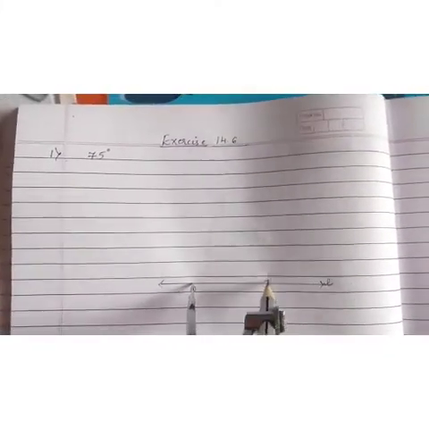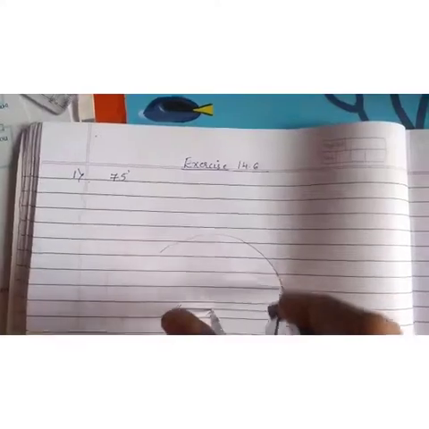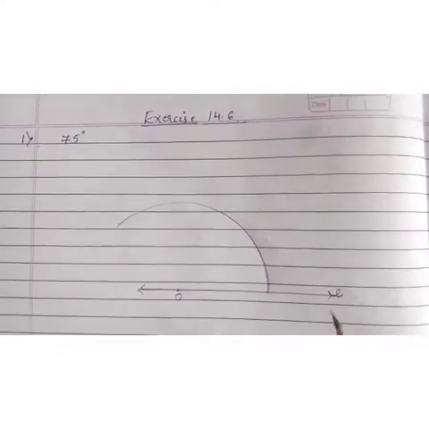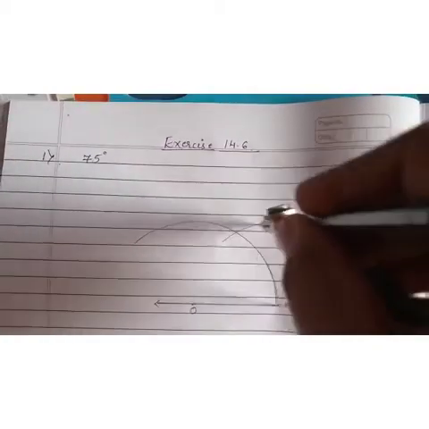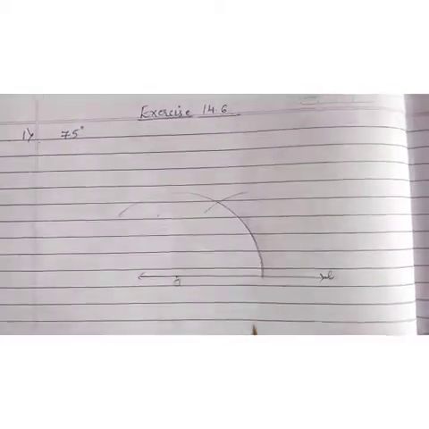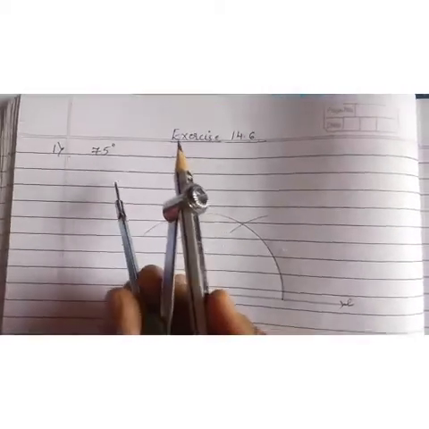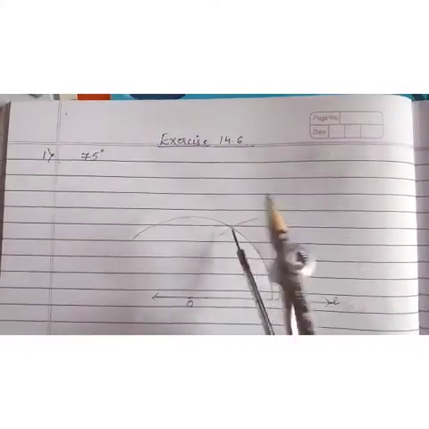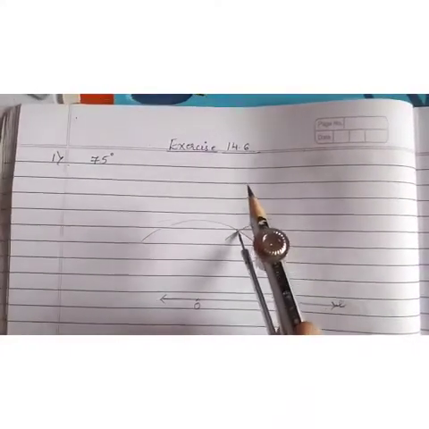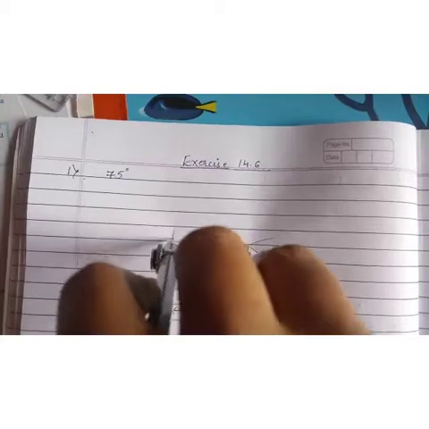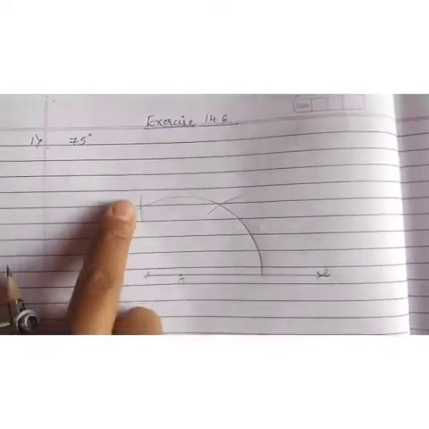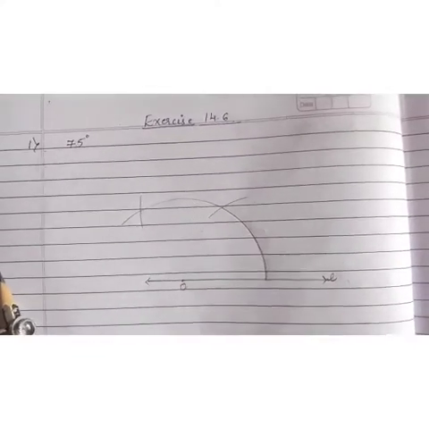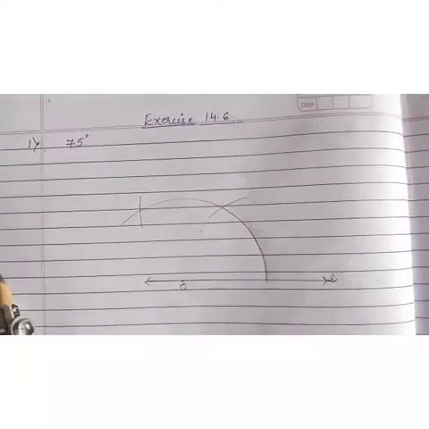Now draw an arc. After that, with this as center, what you did? Same radius, you would cut here, and when you join, you would get 60, but we don't want 60, we need 75. So what I will do? With the same radius, I will draw another arc. But when I draw another arc here and when I join, I get 120 degrees. I had shown you earlier, isn't it?